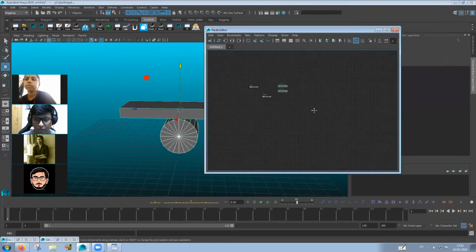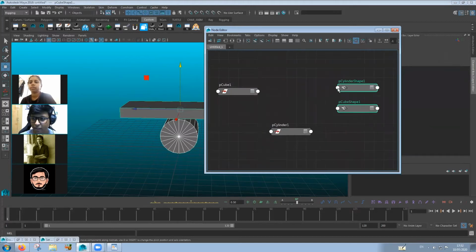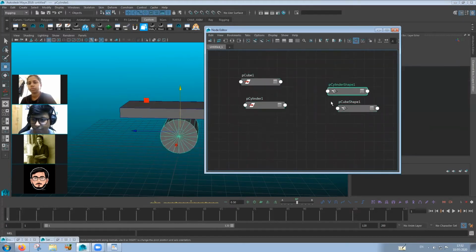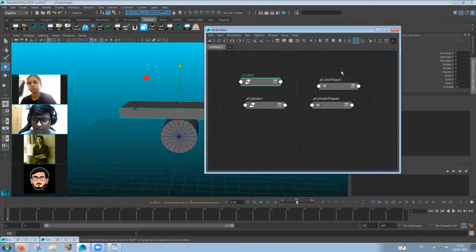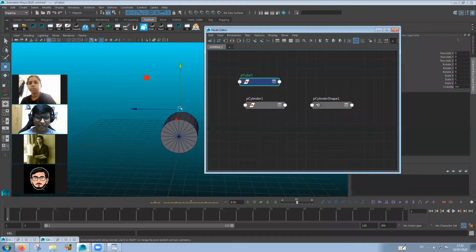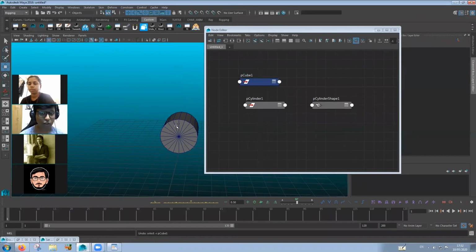So you'll get both of them. So you have PQ1, transform node and shape node. Okay, so if you delete shape node, let me tell you what happens. If you select, the transform node is still there, but there is no physical object for it to control. Right, all the shape information, all the shaders information, all the vertices, all the faces, everything has now been obliterated. Okay, so shape node is also very important.